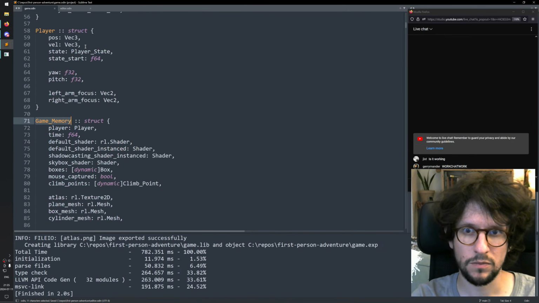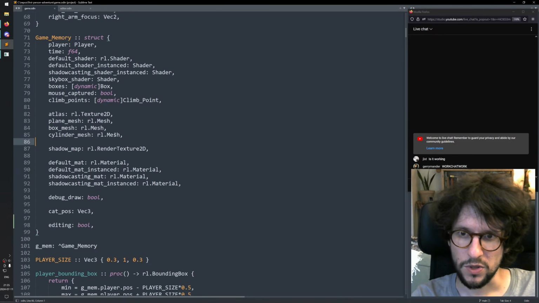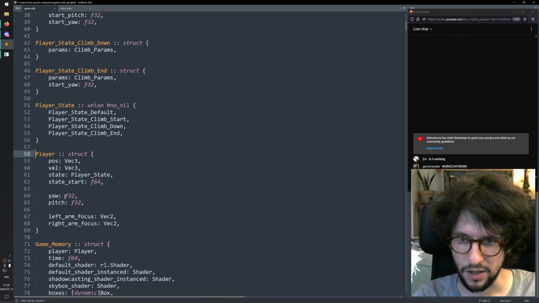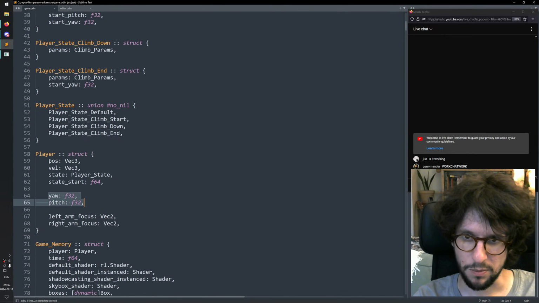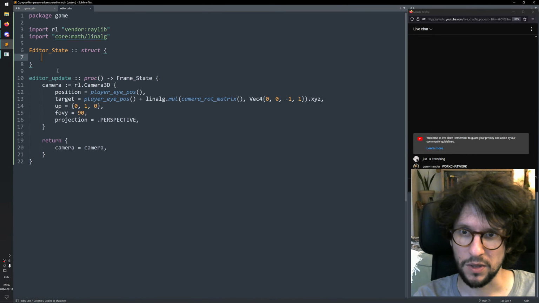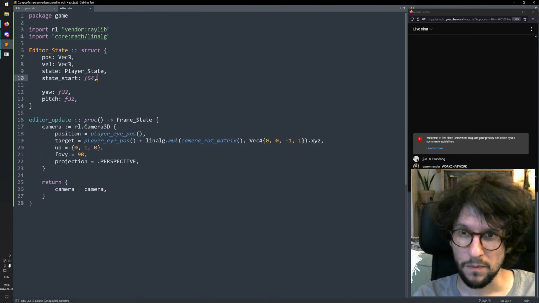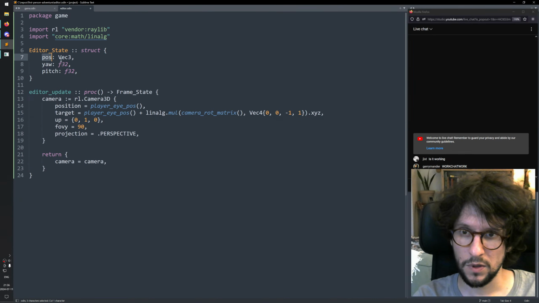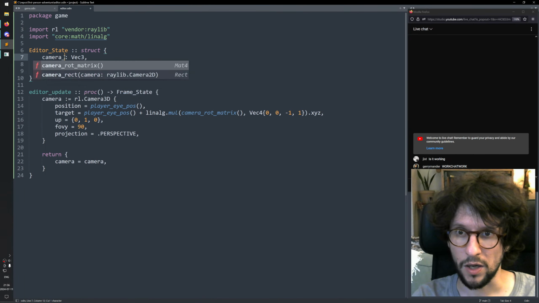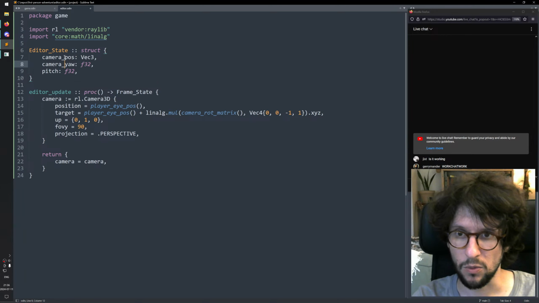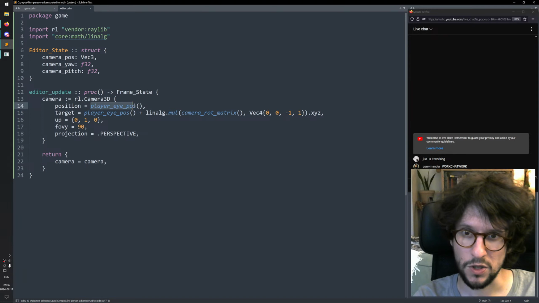Because in the game the player has a yaw and a pitch and a position and some stuff. Let me add camera pos, camera yaw, camera pitch, like that. Position is then